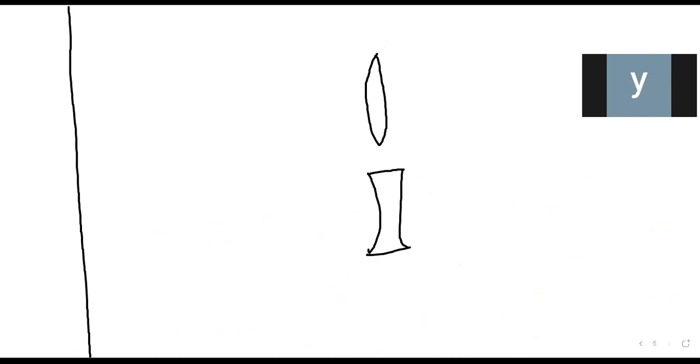Firstly, before going to this, let me define intensity of light. We'll see the definition of intensity. Intensity is defined as amount of energy absorbed or emitted per unit area and per unit time.